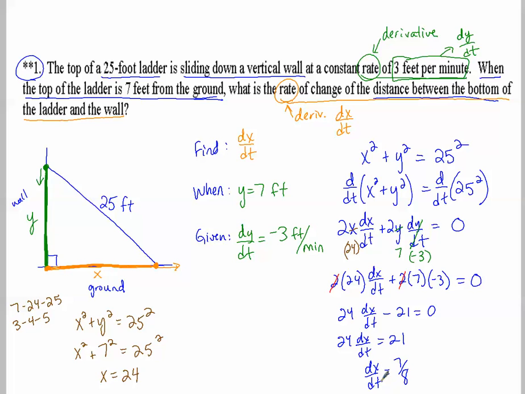X is measured in feet over time, which is measured in minutes. Feet per minute. Now, words is my question, words will be my answer. So I'm not just going to leave it at 7/8 feet per minute. I'm going to answer the question properly. I am going to probably just repeat some of these things from there, and I'm going to say, proper answer,